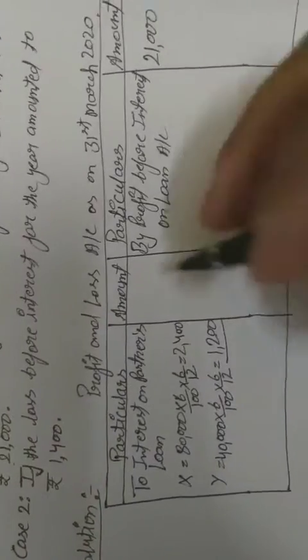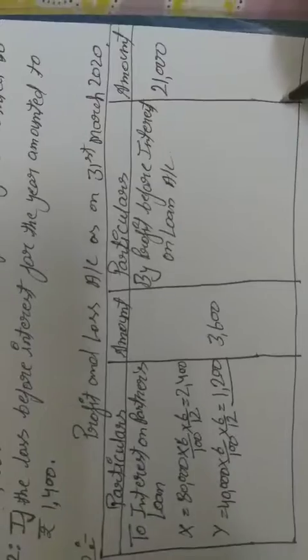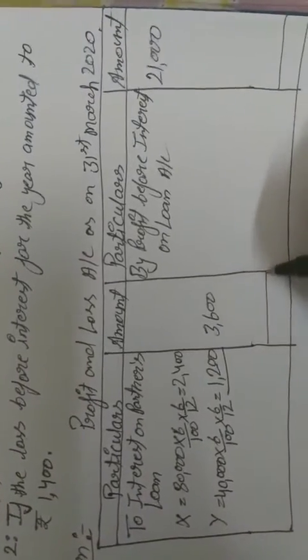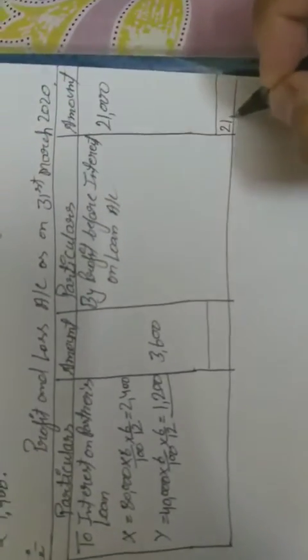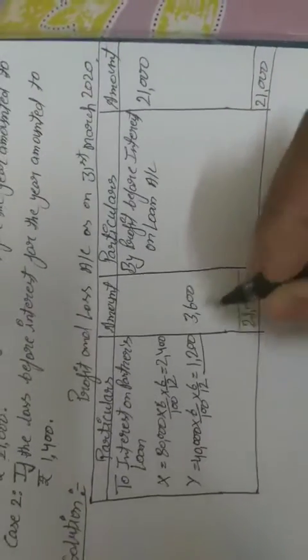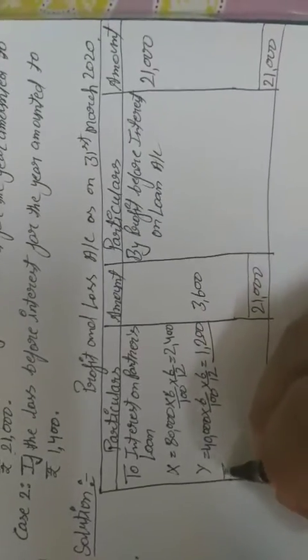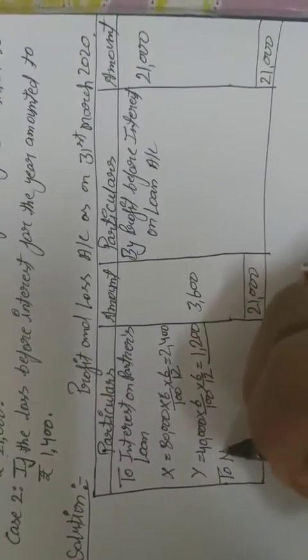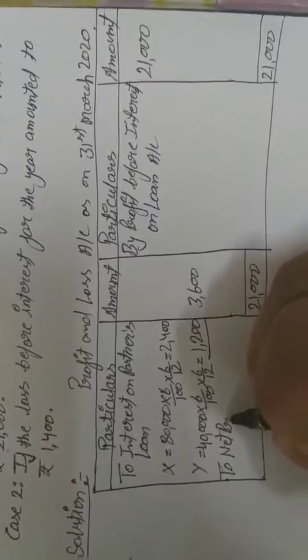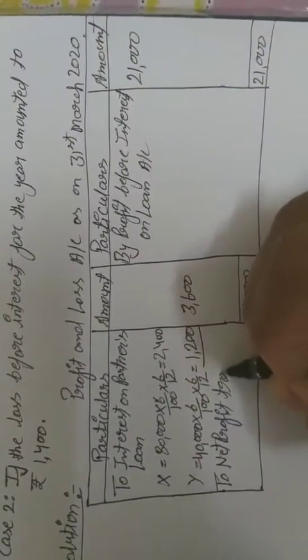So total 3,600. After this, what will be the balance? 21,000, and we subtract 3,600 from 21,000. So the balance figure will be the net profit transferred